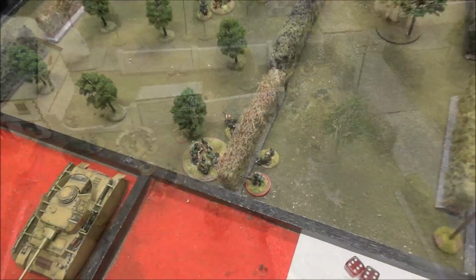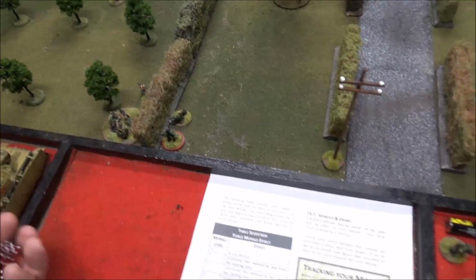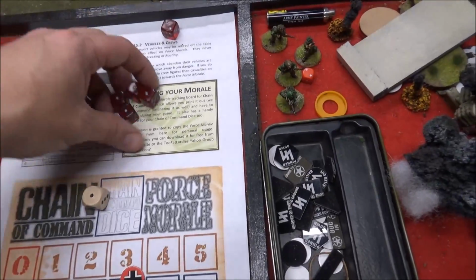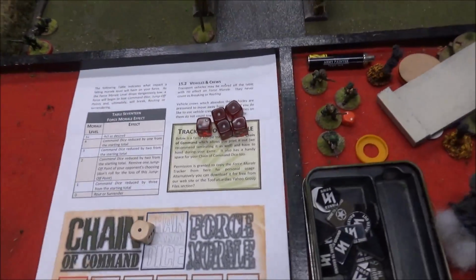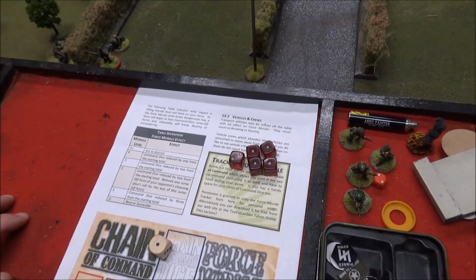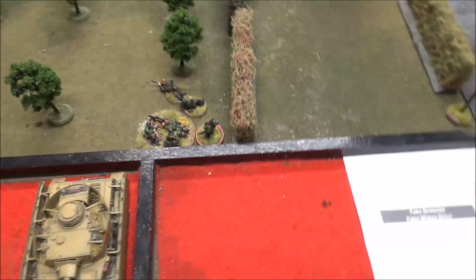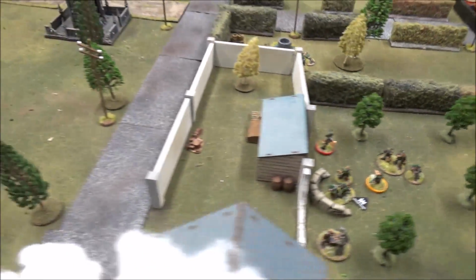MG42 team attempted to get over the hedge. They almost made it. So next phase. Not a double phase. Okay, I'll just continue moving the MG42. They have cleared the hedge, and they are right there. And that's it for the Germans. We don't have a lot going on. We're just waiting for the British to actually...